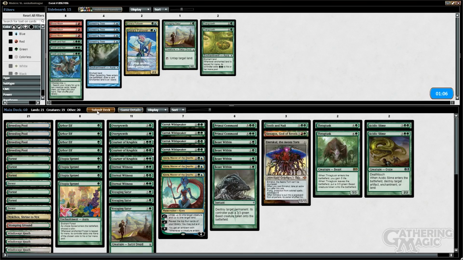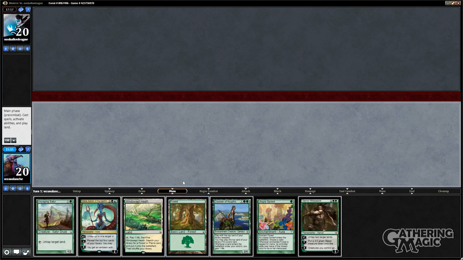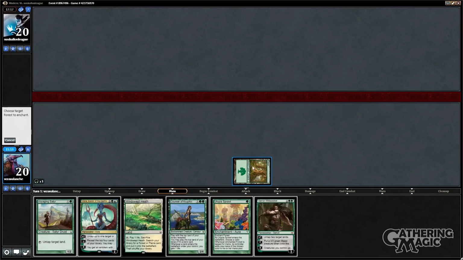And we'll submit this. Yes, I'd like to play first. We'll keep it. It's quick. We have the first turn Utopia Sprawl, and we could just value him out. We don't have a way to shut down his Twin combo, but